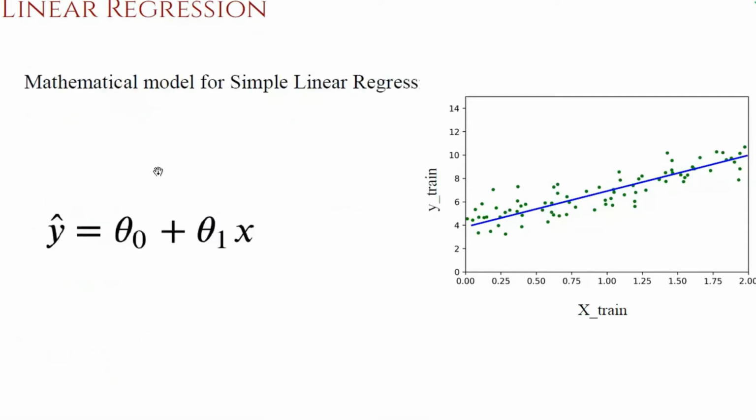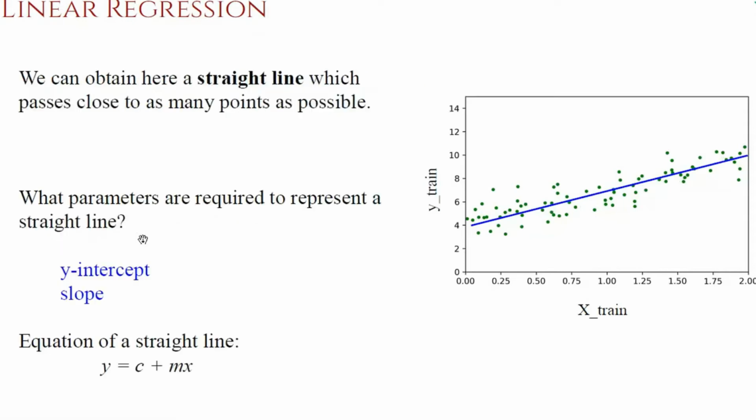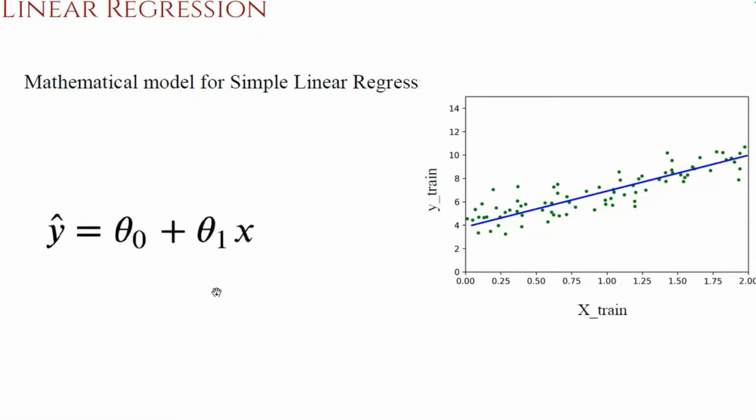So in classical machine learning terminology, all the model parameters are referred to using this theta notation. Here we are representing this equation mathematically using the equation of a straight line. So this theta 0 is nothing but this C. The m can be represented using another theta notation, which is nothing but theta 1. So this is C plus mx kind of representation. Here we represent it as theta 0 and theta 1. So this is the classical machine learning practice.